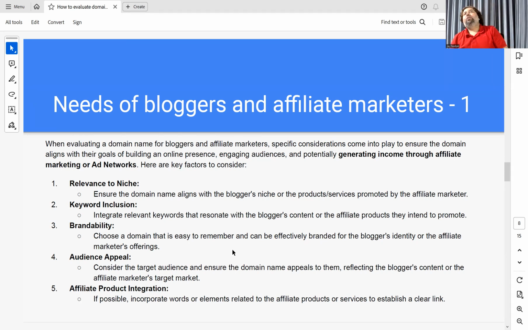It means that the domain cannot have a small geolocation like New Delhi or Paris. In the case of those kinds of domains, you are restricted to sell your products to these zones only. Nobody is restricting you, but if you apply your account for any affiliate company, they will restrict you. They will tell you that your domain name does not have broader appeal or global appeal. So audience appeal and global appeal should be there.